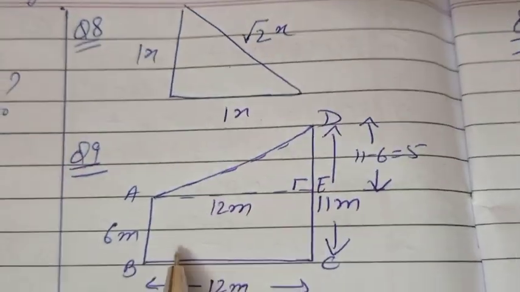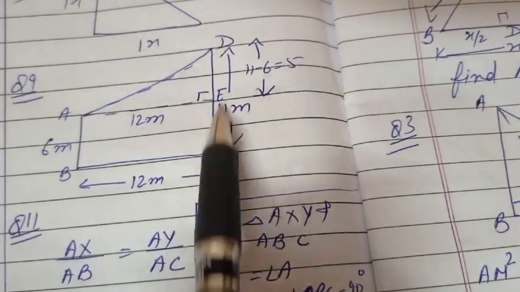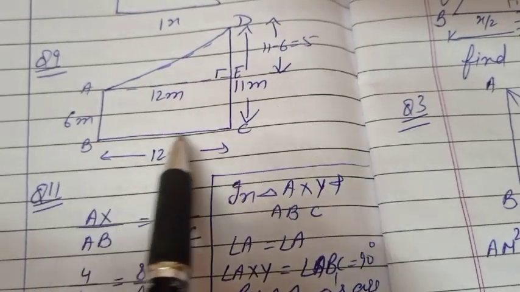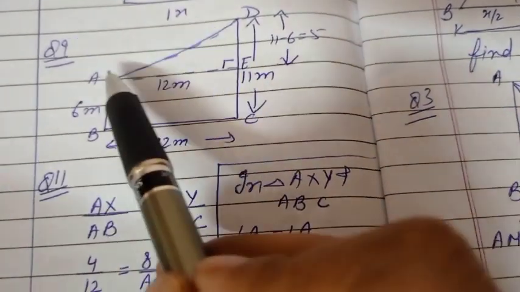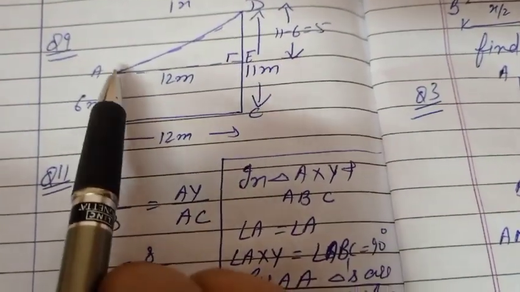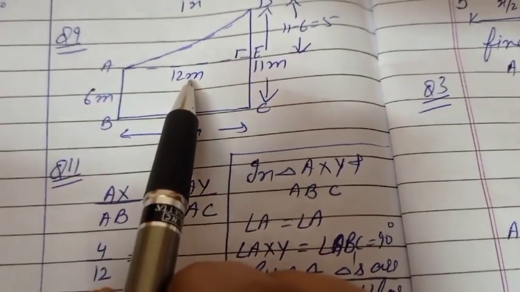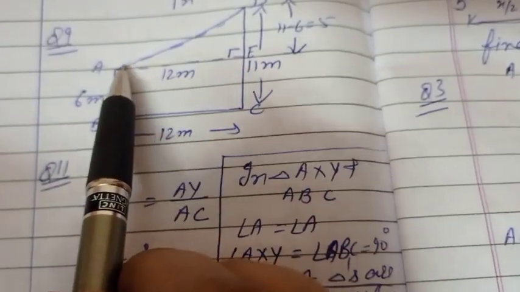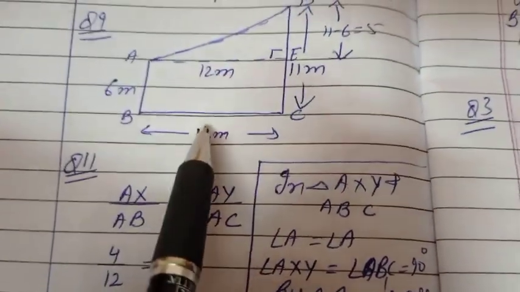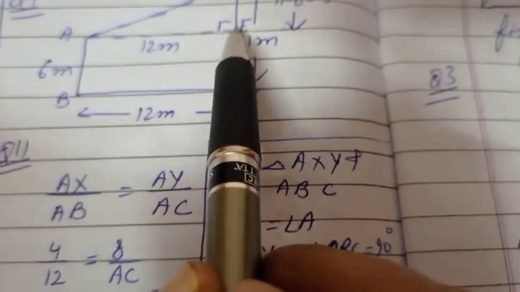Ninth question, two poles, one of 6 meter and one of 11 meter. It will be like this, they are standing vertically on the plain ground. If the distance between their feet is 12 meter, this is given. Find the distance between their tips. You have to find AD. Clear? So for this, children, we have to construct a line parallel to this. If this is 12 meter, this will also be 12 meter, because in order to find AD, I need this side as well as this side. So this side I got 12 meter because this is parallel to this. This pole is 11 and this much distance is 6. What will be the remaining length?